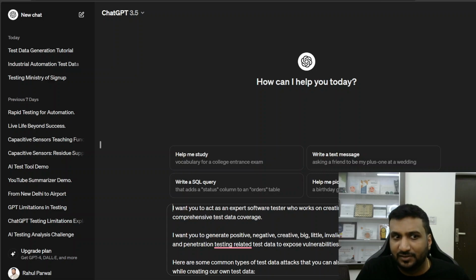The prompt I gave says that I want you to act as an expert software tester who works on creating test data to provide comprehensive test data coverage for their testing. Now I want you to generate positive, negative, creative, big data, little data, invalid data, exploratory data, boundary related, and penetration testing related test data to expose vulnerabilities. So focus on all these different kinds of data options, which was one clue or reference that I have given